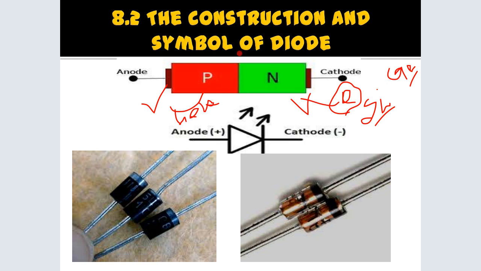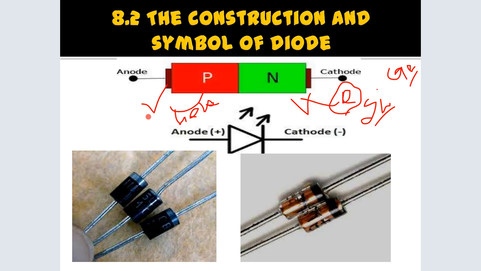Now, the whole process that I'm trying to talk about is basically interfering with the nature of silicon or the nature of germanium. In other words, you're adding impurities. Okay, you're adding impurities. That process of adding impurities